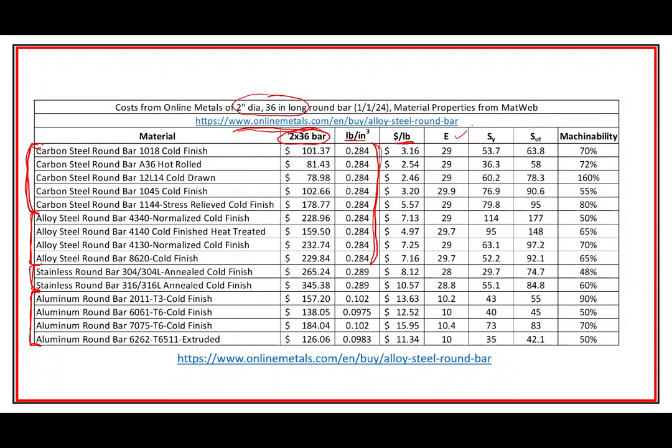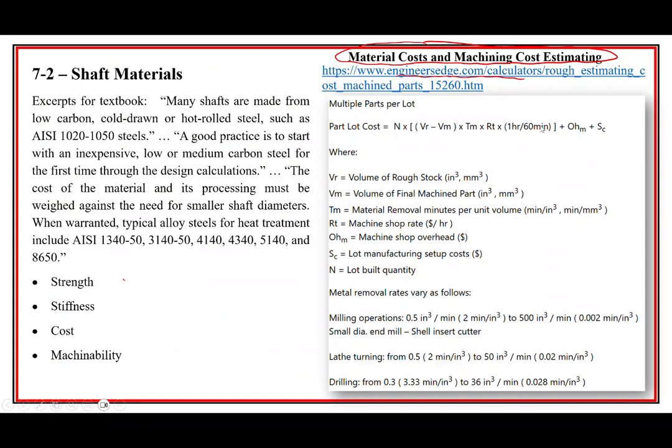I got an elastic modulus because that's a stiffness concern. Yield strength, that's what we're going to use. We also need to know ultimate strength because when we go for fatigue stuff, it's all based on ultimate, basically. And then I also got machinability, and I got all of that off of MATLab. And so you'll see how we use that in the example. Most of these we won't use anything for stiffness yet, and we won't do anything with ultimate strength yet, but it's something we want to consider. So anyway,